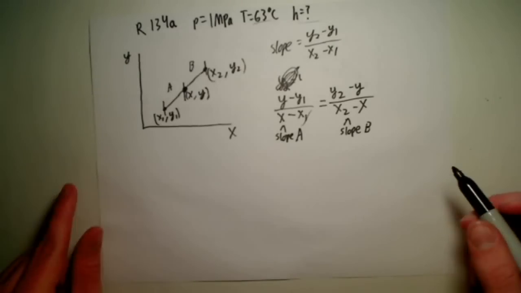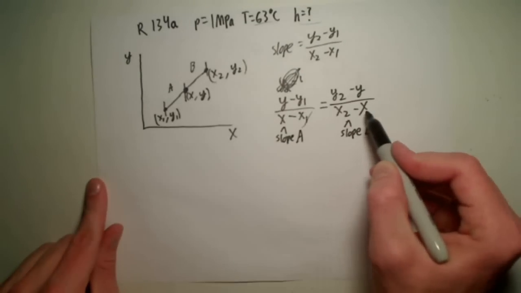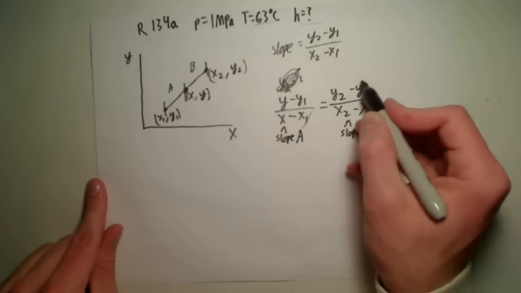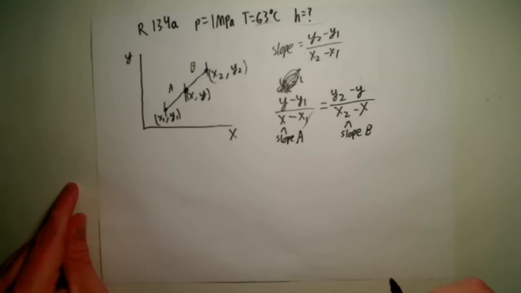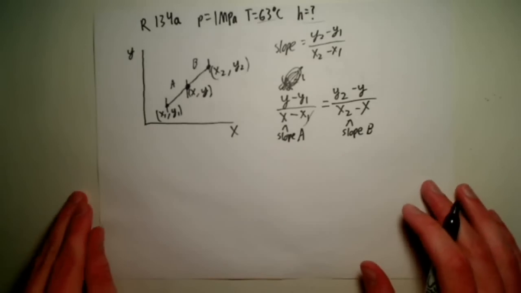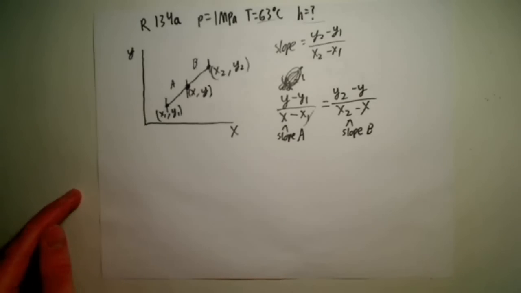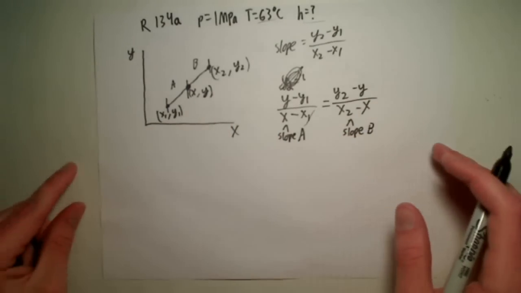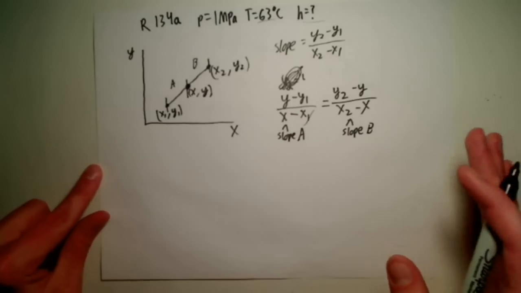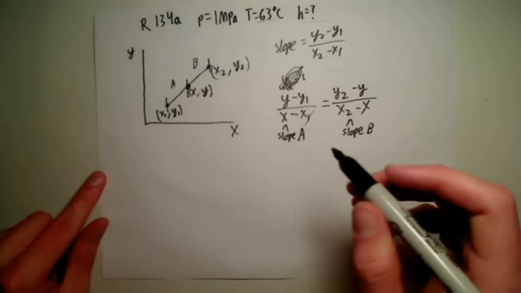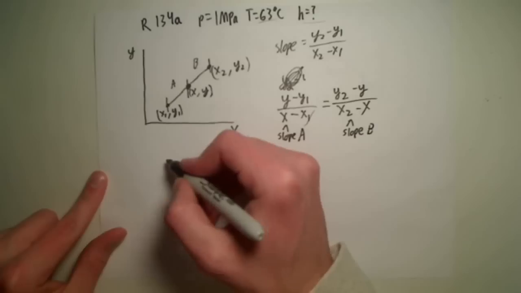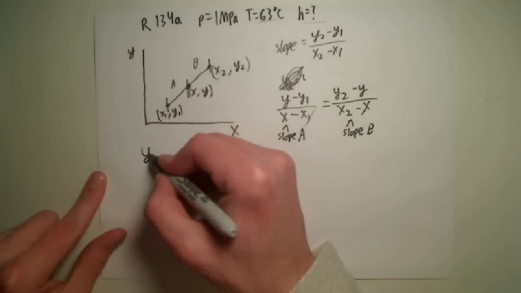Now, don't forget, every one of these points is known except for y. It's the only unknown, the only variable in this entire equation. So what we're going to do is solve for y. This is just going to be a lot of algebra, and if you want me to do a video in which I do out the algebra, I will. But for now, I'm just going to do some hocus pocus and tell you that